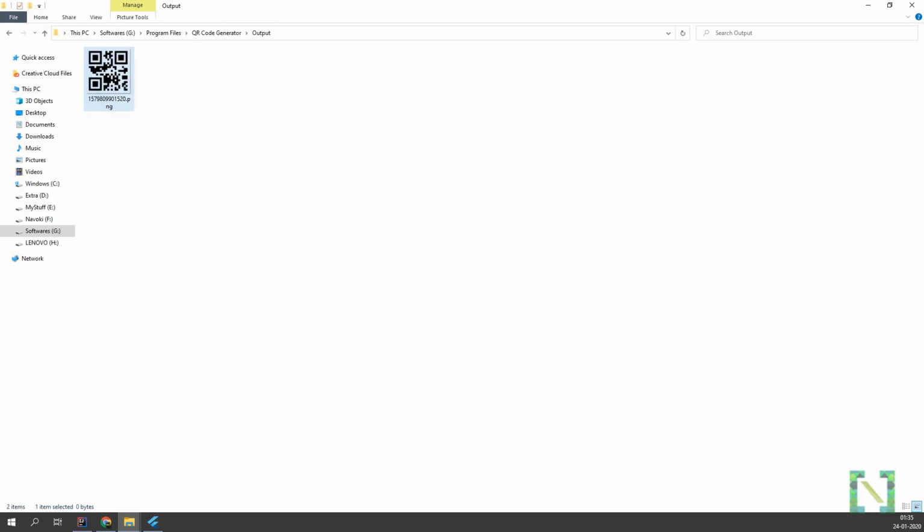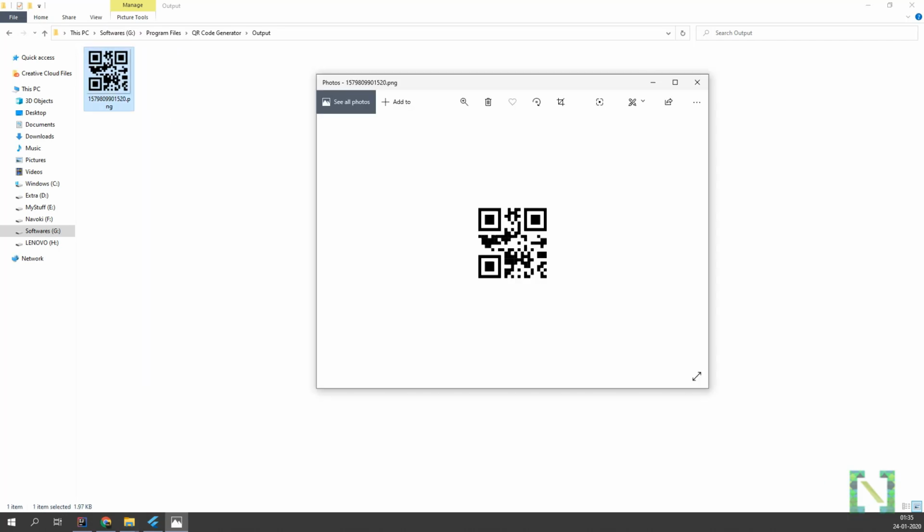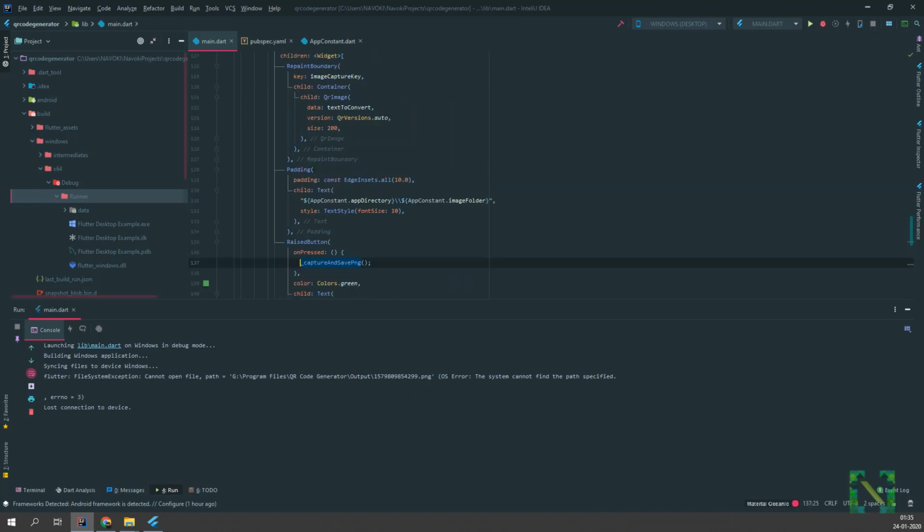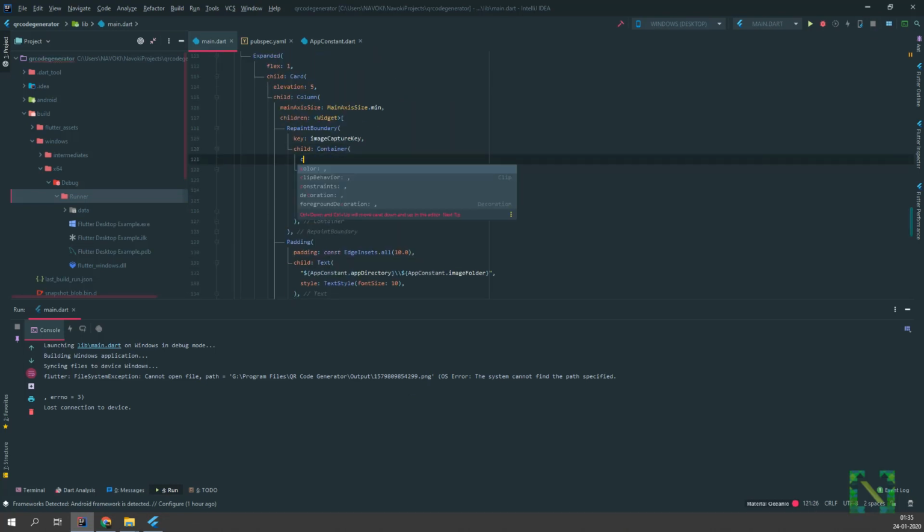Now here a QR image has generated. By default the image background is transparent, so I will put a white background.